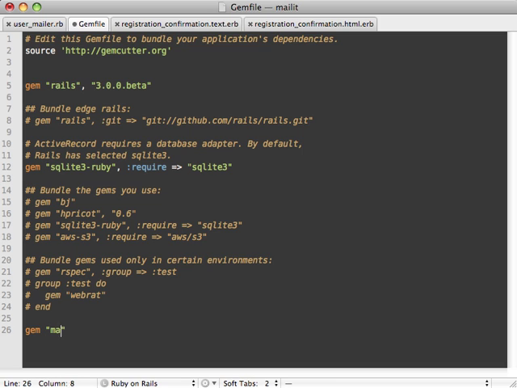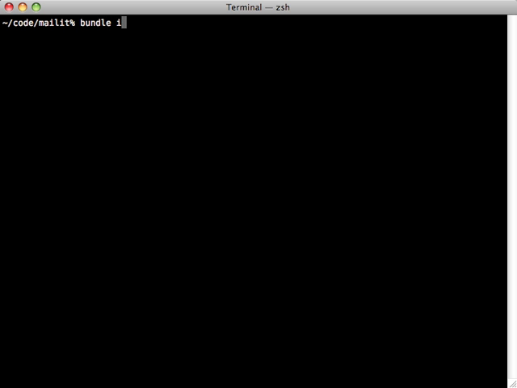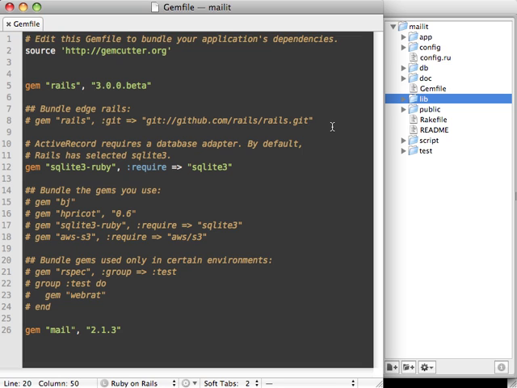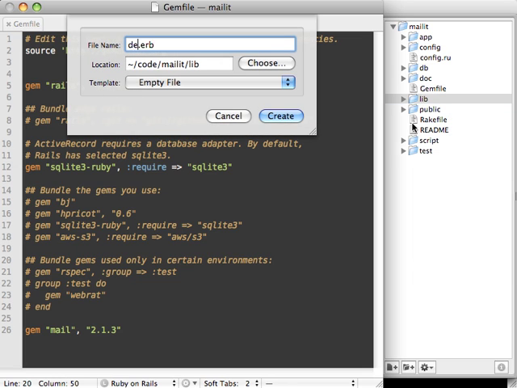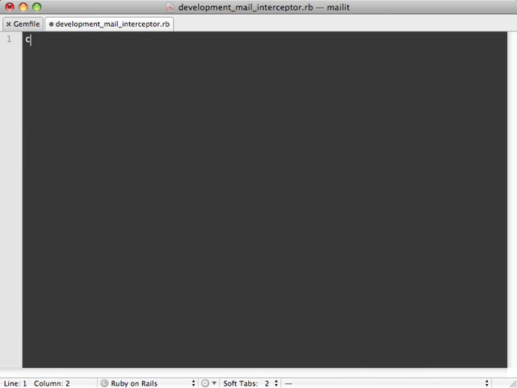So in your Gemfile just specify mail and then just change the version number to, in this case, 2.1.3, which is the latest version, because the one that comes with the first Rails 3 beta release doesn't include this functionality. And now we can just do bundle install to get that latest gem. The next thing we need to do is create an Interceptor class. I'm just going to place this inside of our lib directory here and just call it development_mail_interceptor.rb. So then we just define a class in here called DevelopmentMailInterceptor,